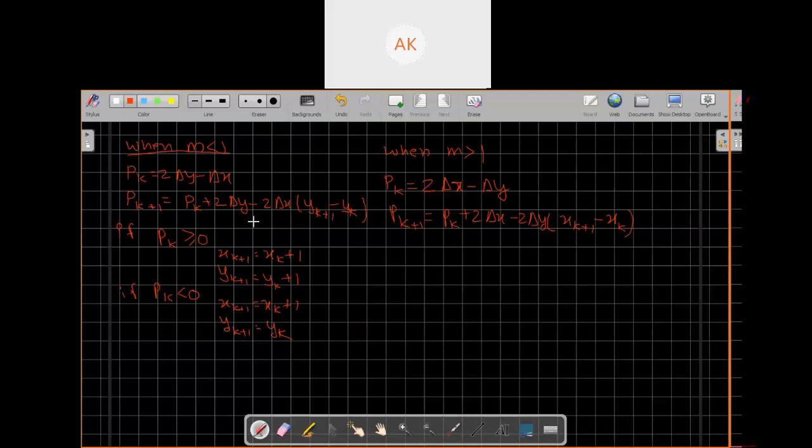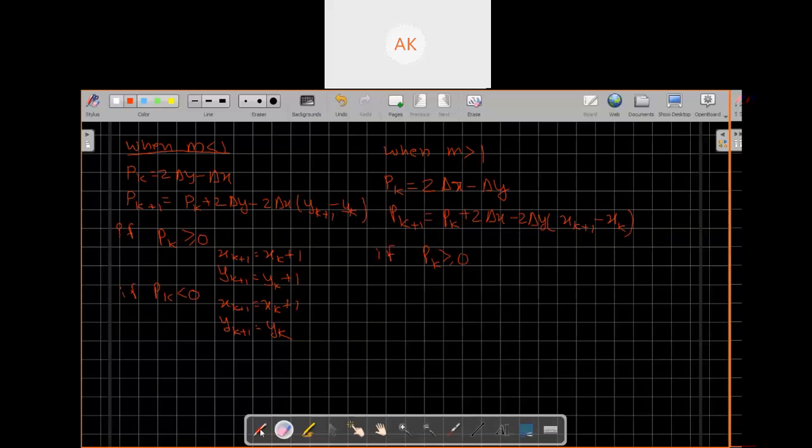Just change the value of x and y when your m is less than 1. So if your pk is greater than 0, meaning positive numbers or 0, your xk plus 1 will be, what will it be, xk plus 1. I'm just changing the value again. If it is confusing,